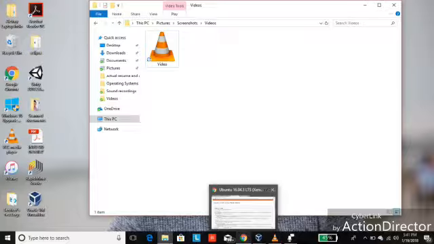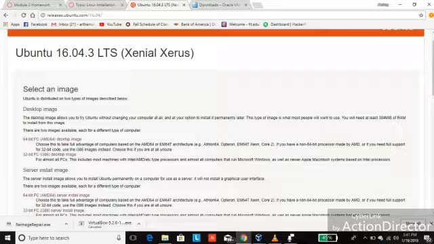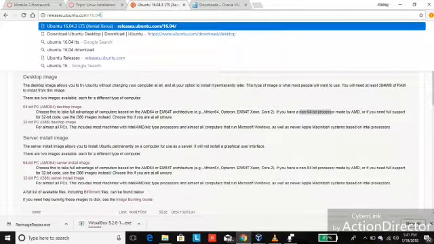For installing the Linux operating system, the first thing I'll be showing you is that you must install Ubuntu. I'll be making use of Ubuntu 16.04.3 LTS, that is Long Term Support, as my version. I have downloaded the 32-bit PC, that is the i386 desktop image, because mine is a non 64-bit processor, and this is the link from where I've downloaded the Ubuntu version,